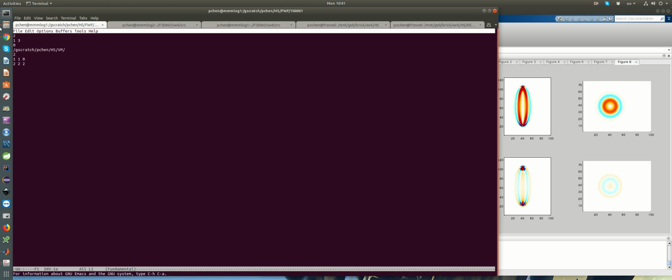So I'll come back to that later. But then this is a flag for whether it's attenuating media or not. So if I want to compute the invertible Q, for example, this has to be 1. SW4 allows viscoelasticity, so this is an attenuation flag, and then that's the directory for storing the wave field information,